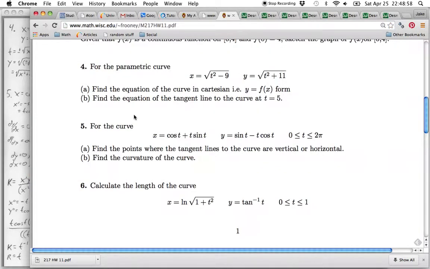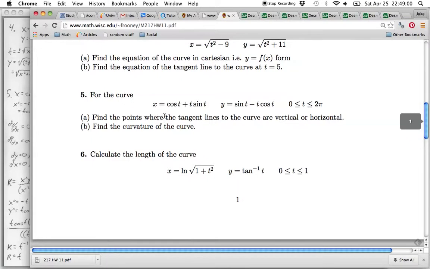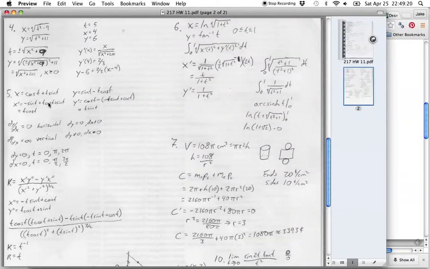Number 5, we have a different curve. We're going from 0 to 2 pi, and we want to find all the points on the curve where the tangent lines are vertical or horizontal. Okay, and then next we'll find the curvature. So where the tangents are, we have this situation here. We take the derivative, it simplifies, x prime simplifies to t cosine t,